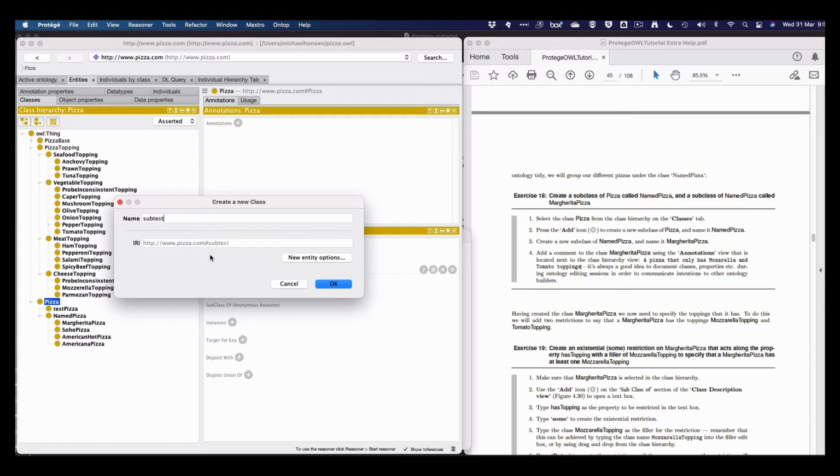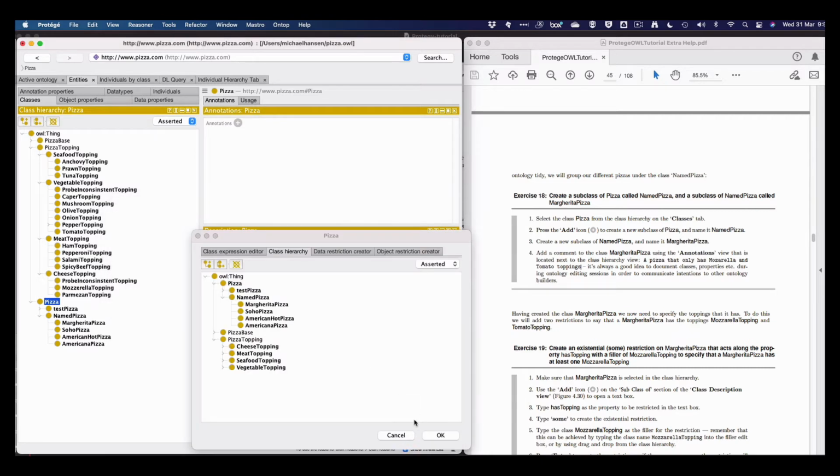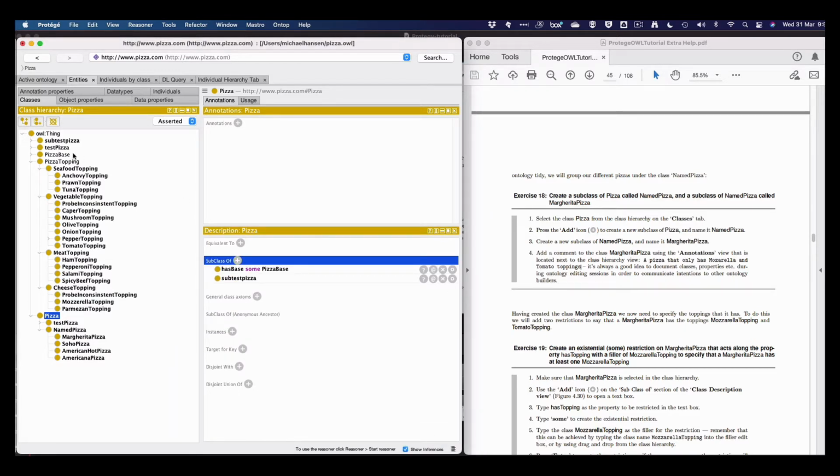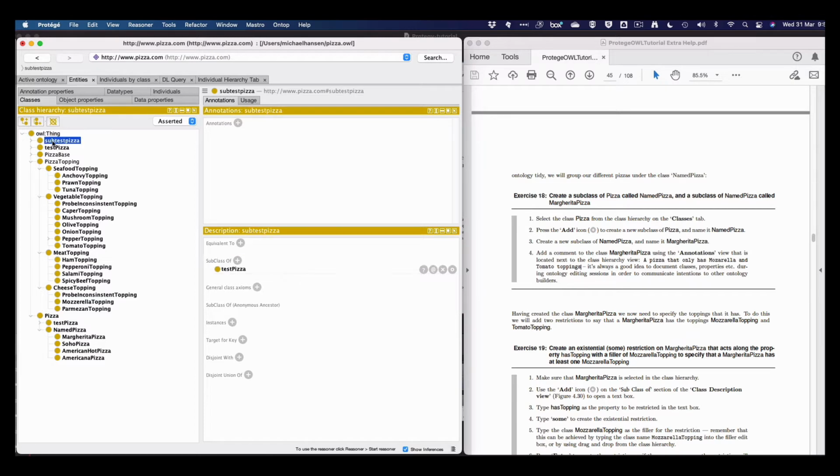Let's call it subtest pizza, right? And we set, so that's on the pizza, and I say okay to this, and you can see that it actually created those two up here where it was supposed to be under